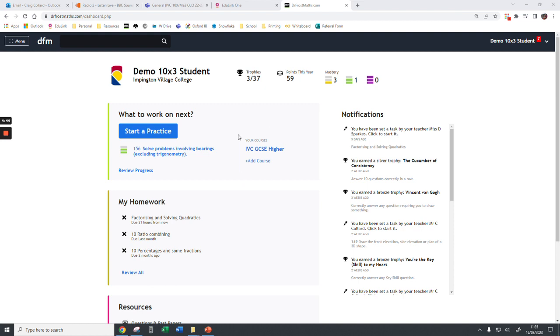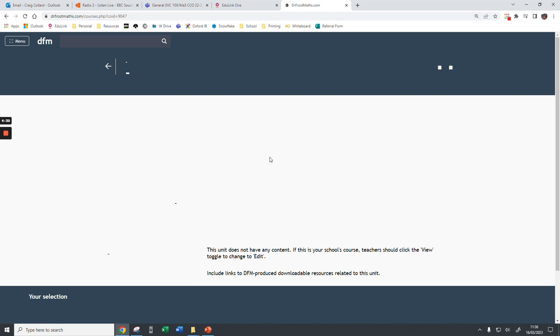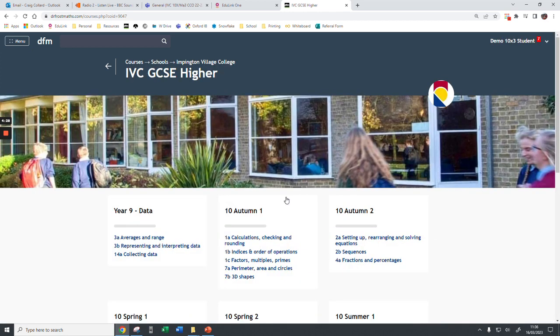And where I want to draw your attention for this bit is this part here, where we have uploaded our scheme of work for students. So this is for the higher tier. Some people say for the foundation tier. And if students click onto that, then they'll see the topics that we have put in the order that we